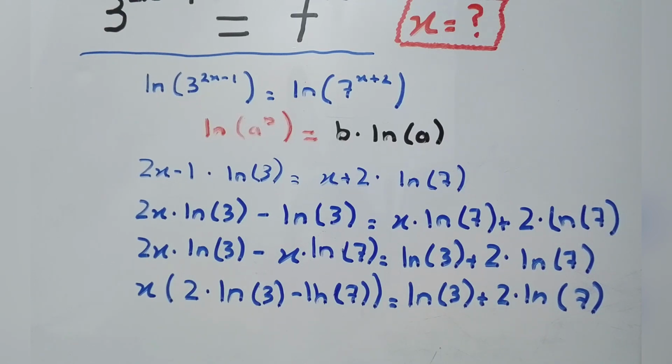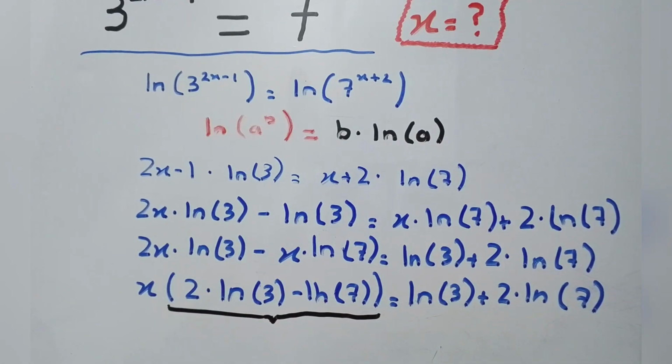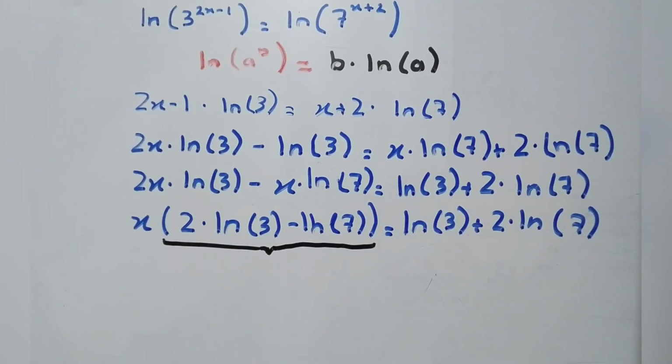So finally, our last step is to isolate x. Now in order to do that, you see what I'll do. I will divide the whole of this equation, I mean both the left hand side and the right hand side, by the term in the parenthesis, because it's basically a combination of logs. Okay, I would divide the whole on the left hand side and the right hand side by this. Hence I would get rid of this whole parenthesis from the left hand side. Let me just show that to you in working what I am stating.